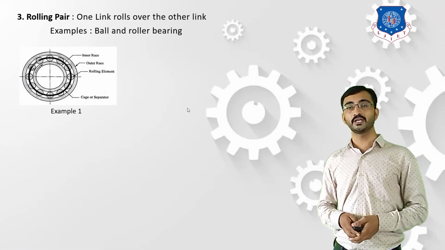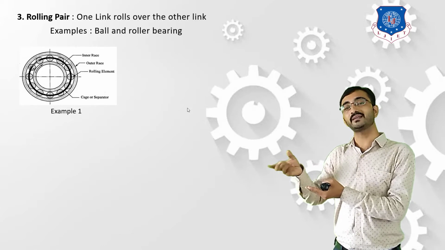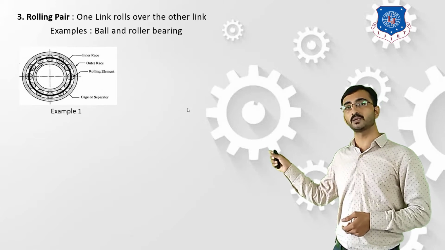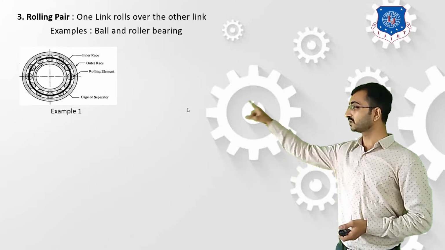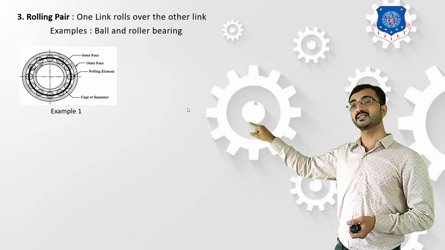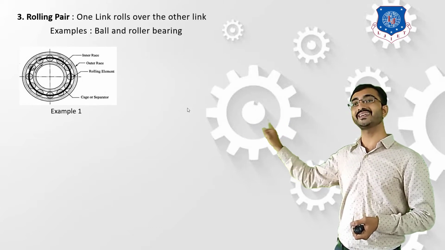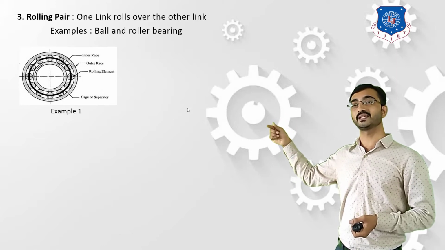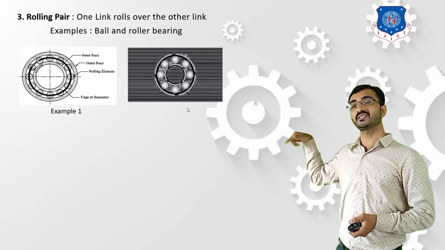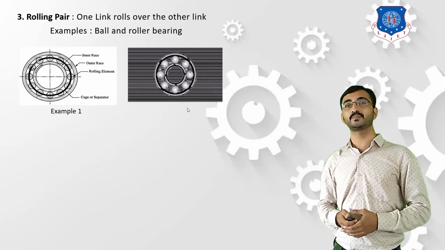Now the third type, rolling pair. If the first component is rolling with respect to the other component, then it is termed as a rolling pair. The example here is a simple ball bearing. You can refer that this outer casing will be a stationary component, and if we consider the inner casing as the other stationary body, then with respect to these two bodies, the spheres in between the outer and inner casing will be totally rolling inside them. Now the rotation of the outer casing is produced due to the rolling of these balls. So that is a basic example of a rolling pair.